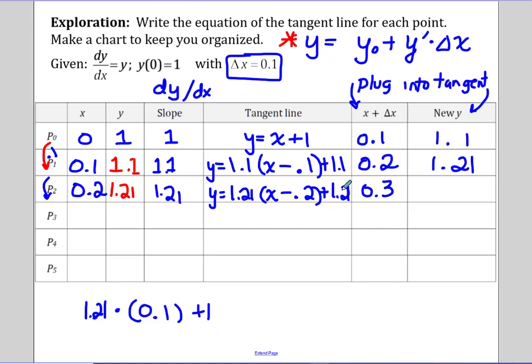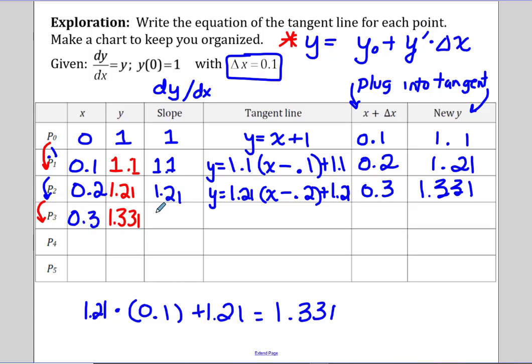So where were we? We got 1.21, which is our slope, times our change in x, which is 1/10, plus the y sub naught, which is 1.21. So this times this times the 1/10 gives me my new y value, 1.331, which now becomes my new y value when I step up 1/10 here. Okay, so you see the procedure, and our slope is going to be